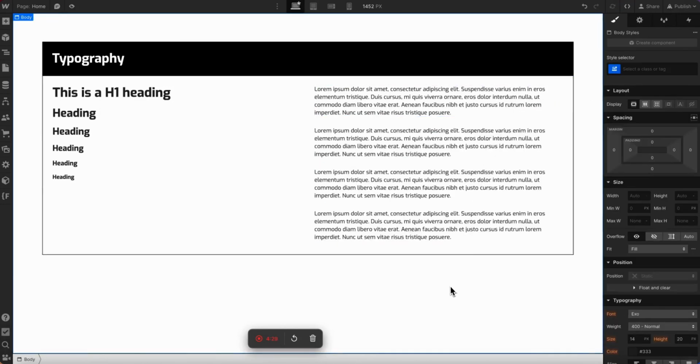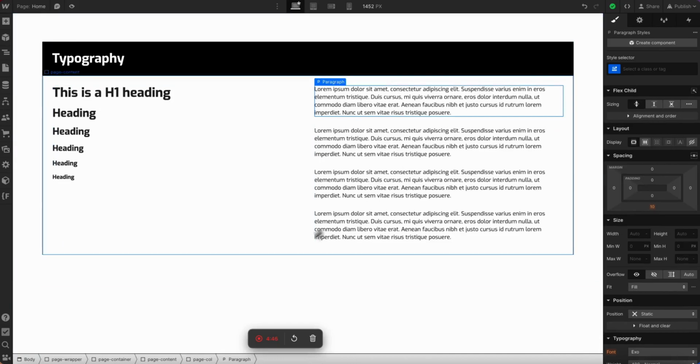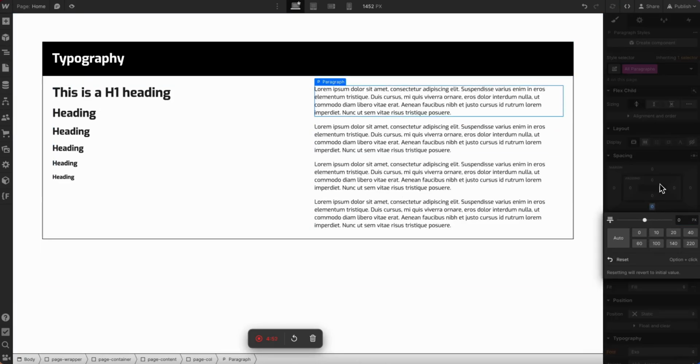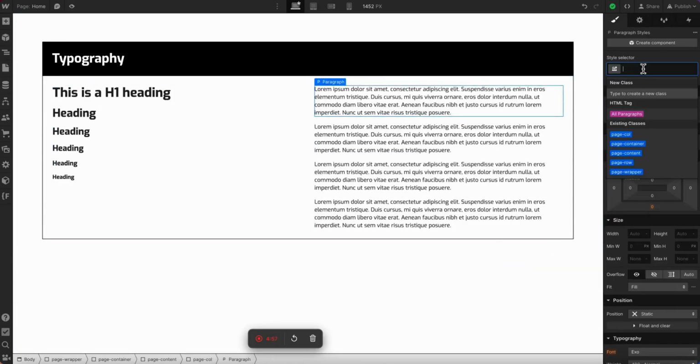Maybe 4 times, and we want to apply different sizes to these paragraph elements depending on what size text we want to use. I normally start from text size large until text size small or text size tiny, it just depends on the design for your site. So selecting this, I'm going to first select all paragraphs and remove this margin, and then I'm going to select it again and give it a class of text size